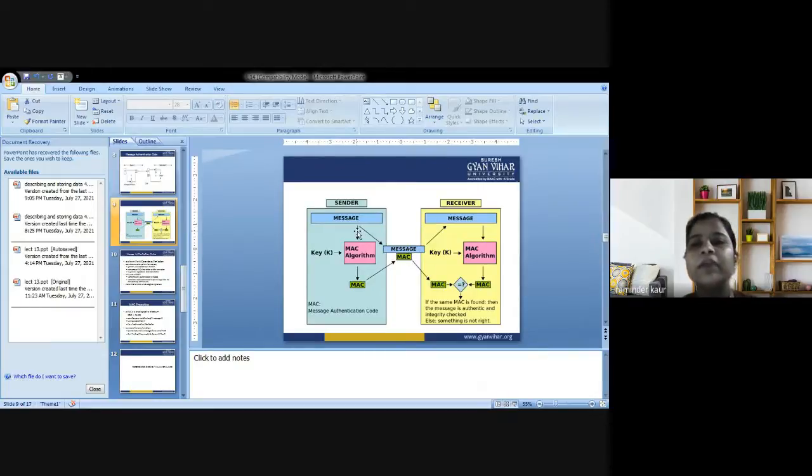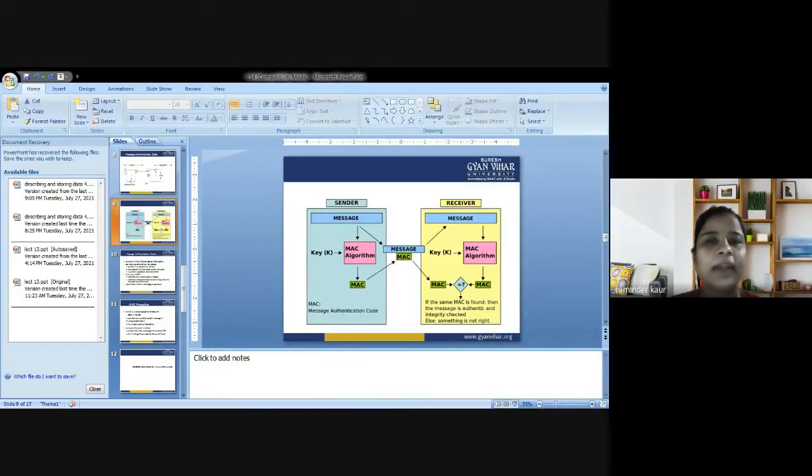Next, there is a technique that is being used here. This is the sender and this is the receiver, and we are supposed to share a message between them. How that message is shared between the sender and receiver, there is a proper procedure, or I can say a proper algorithm for it. So what is the technique? You can see in the picture that the sender of the message runs it through a MAC algorithm to produce a MAC tag. So the MAC tag is produced, and the message and the MAC tag are sent to the receiver.